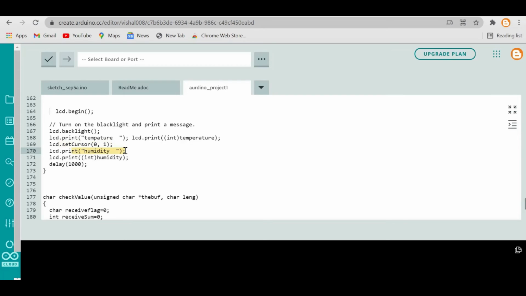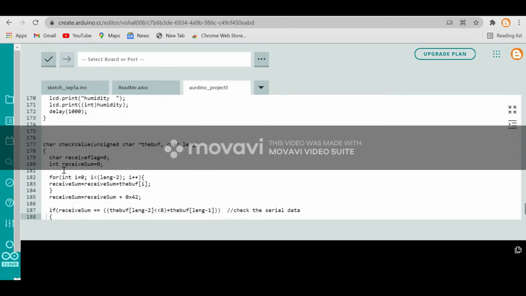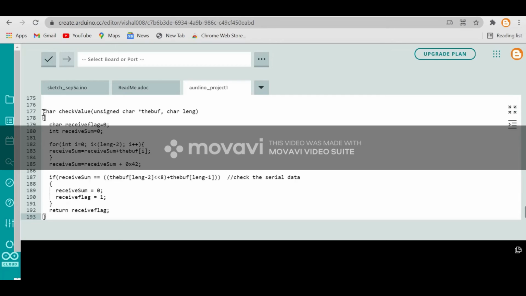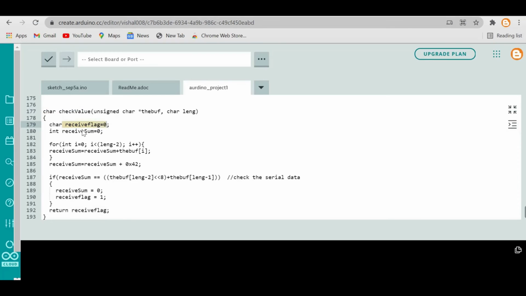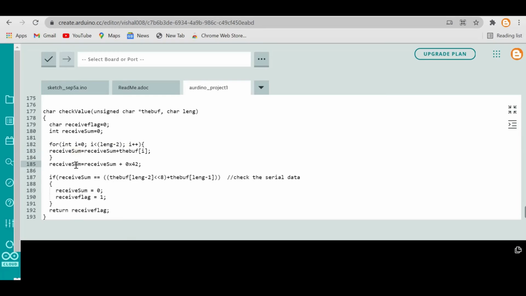Then this will display humidity, and the humidity will be in integer format. Now going down, we make check value, which we assign a data type char to it. Then initializing receiver flag 0 and receive sum 0 to both, and we start a for loop for it, in which the initial value is 0, and it will go up to length, which we have, minus 2, and it will receive sum, and it will display